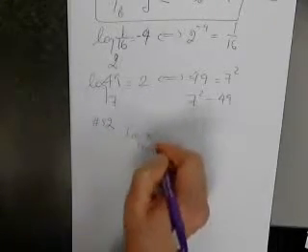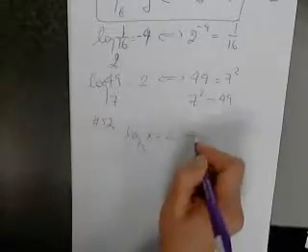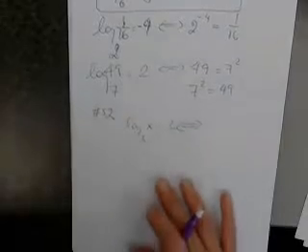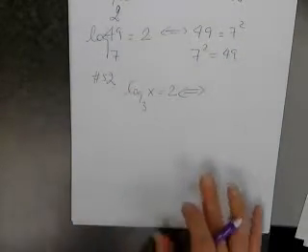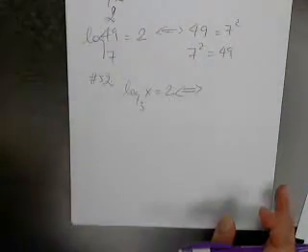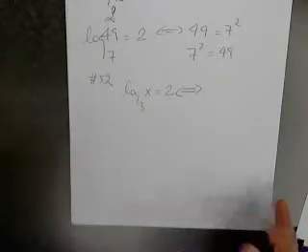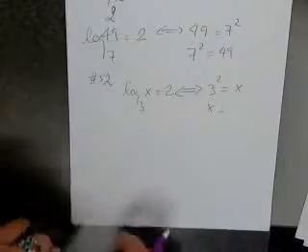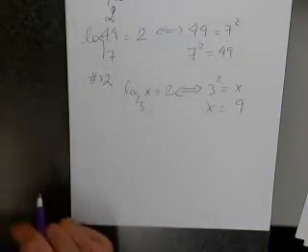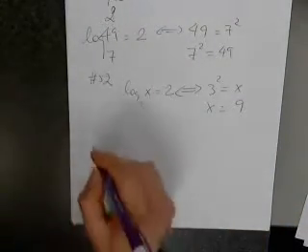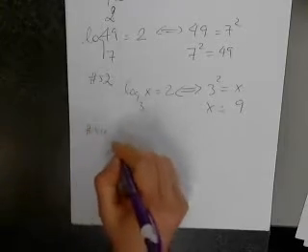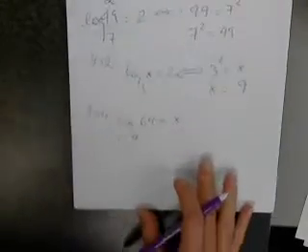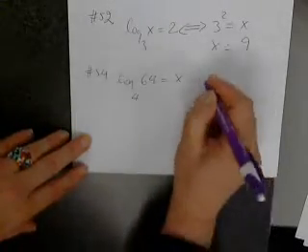Log base 3 of x is 2. I know that this is equivalent to 3 squared equals x. Very good. So I know what x is: 9. That's it. 54. Log base 4 of 64 is x. I know this is equivalent to